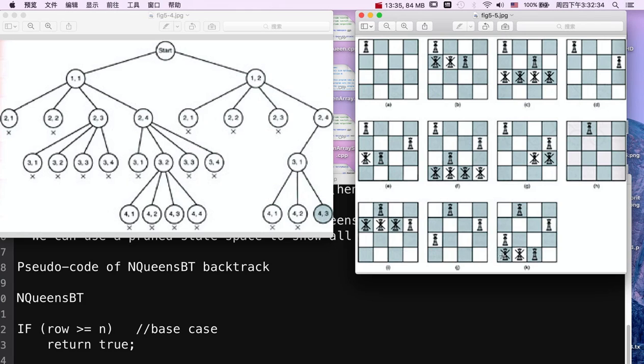So the first position is not a good position because it will attack the previous queen you have just placed, and the second position is not a promising position because it will attack the previous queen on a diagonal line. And the third position actually is a good position because it will not attack any other queens. So that's the whole process of solving one 4x4